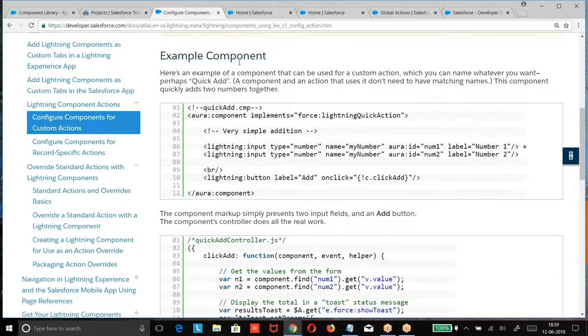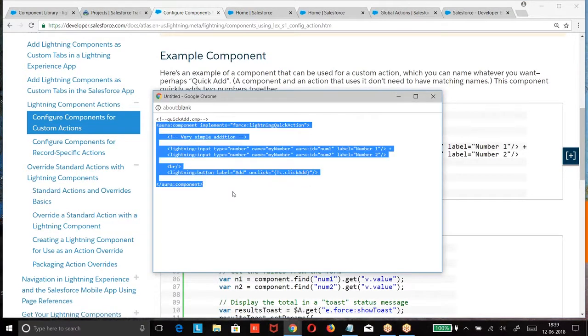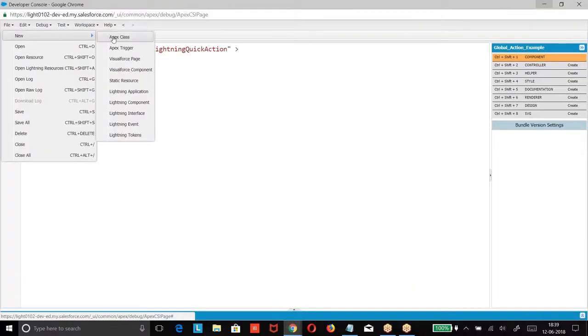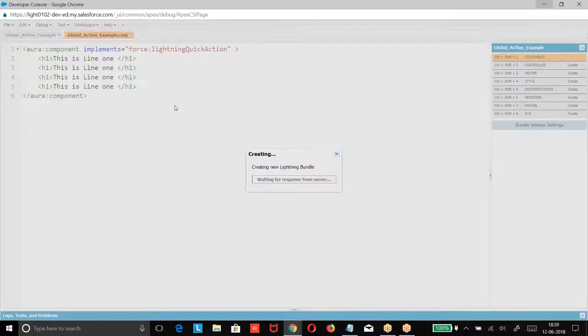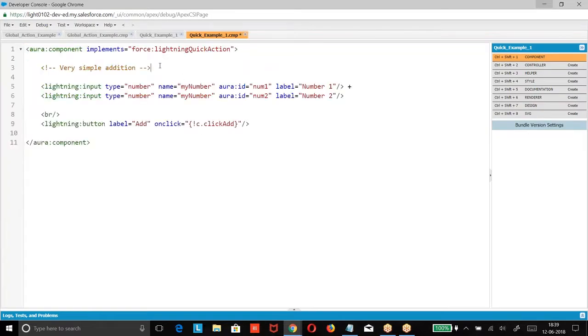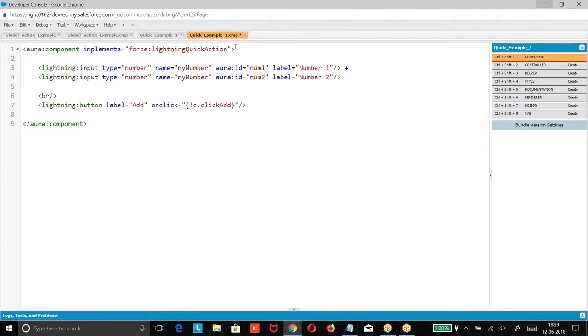Okay. Now look at this component. The basic structure we have already done number of times. This is a lightning component. Look at this.